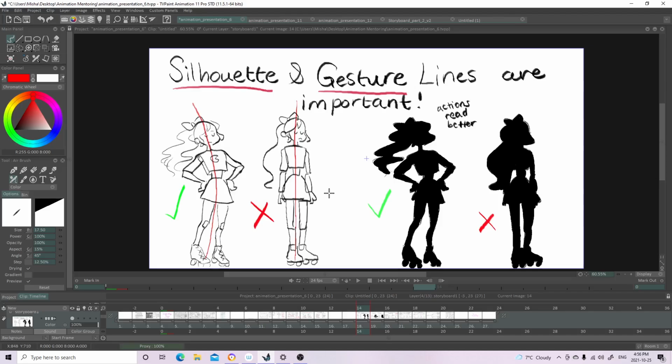So when it comes to your characters in almost every scene, make sure that they have a curvy line of action. Make sure that it's not straight, or else they'll look very stiff and it will look not pleasing to the eye. And the reason is that in real life our bodies have a curve to them. When we walk or when we do any action, they're usually not straight like this. So that's why this is the way it is